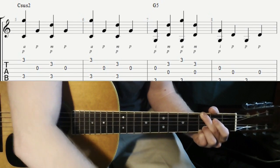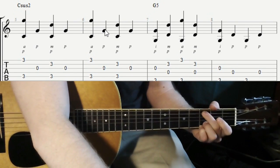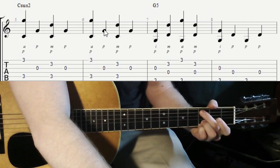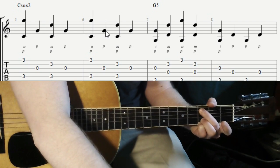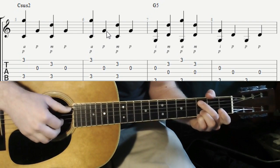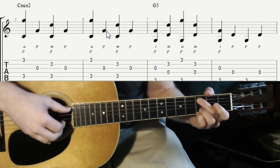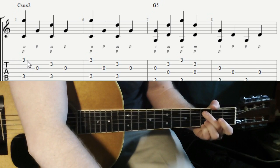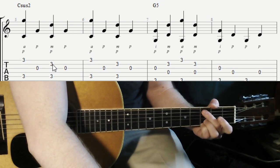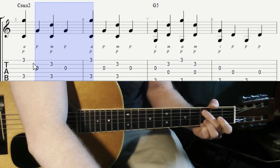and then we're going to go to the 4 chord for measures 5 and 6, C sus2. So hold that down. All you do, of course, is just put your 1 finger or 2 finger down. Now again, you're muting the D here, and it might feel a little funny because your thumb is going to go all the way down here. And now we're going to start with a pinch on the high E on beat 1, and then beat 3 we're going to pinch on the B. So this measure here